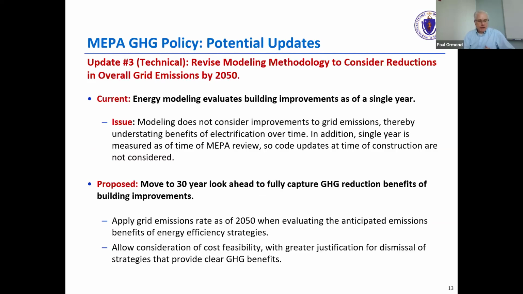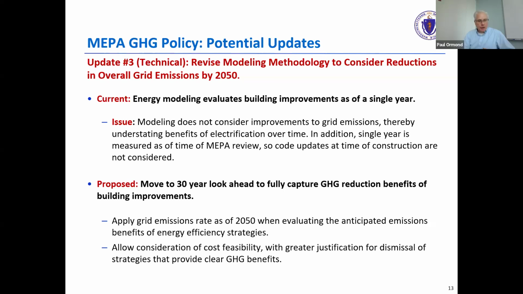So the third and final change that we're proposing for the building GHG is to revise the emission rate that we're currently using for the electric grid emissions. The way that analyses are done with respect to GHG comparisons is to look at the electric grid emissions of the grid that we have today. That was, I think, okay for 14 years ago, but it's not very representative anymore, given the policies that we've now put in place for renewable inputs into our grid.